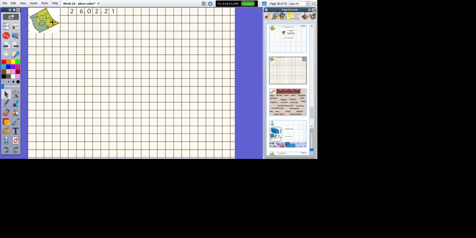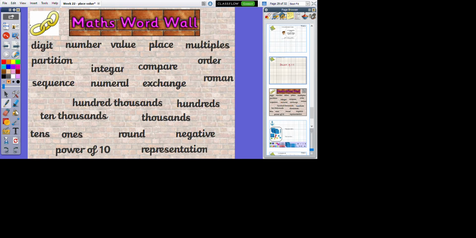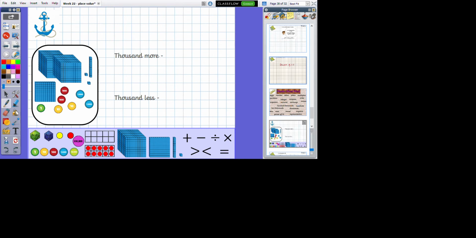Good morning, everybody. Today we are going to be counting in powers of 10. So that is our objective today, is to count forwards and backwards in powers of 10. What that means is counting forwards and backwards in tens, hundreds, thousands, and so on. Okay. So a year 3-4 skill that we are going to look at for our anchor is having 1,000 more